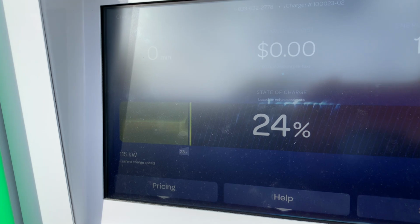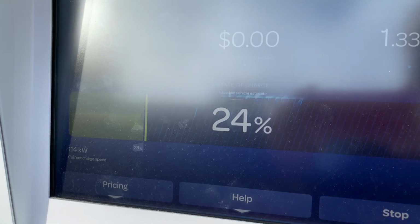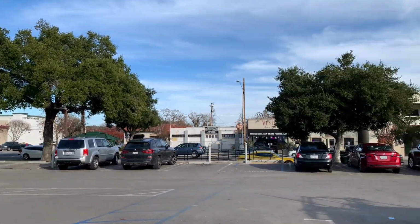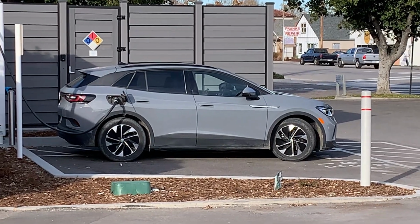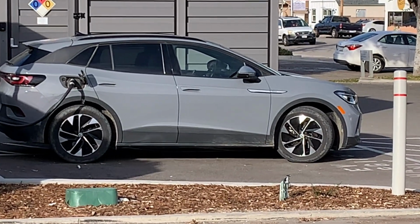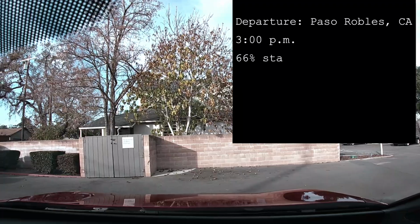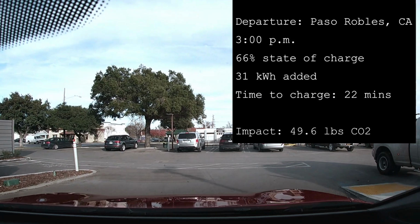And as soon as we get above 60 degrees, we get regular charging speeds, 115 kilowatts. Hooray! Paso Robles, California. And here in Paso Robles, an ID4 Pro S, not the Gradient, in Moonstone Gray, looking very nice. So a cute little charging station here in Paso Robles. Yeah, very cute. And a nice lunch that we picked up